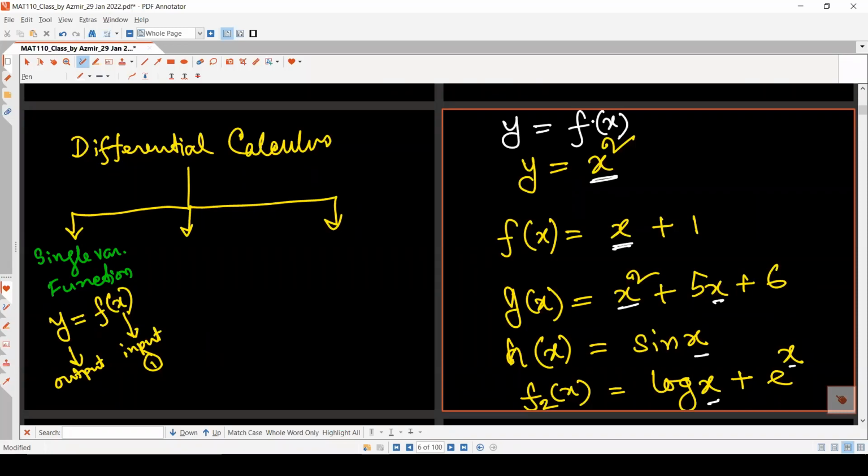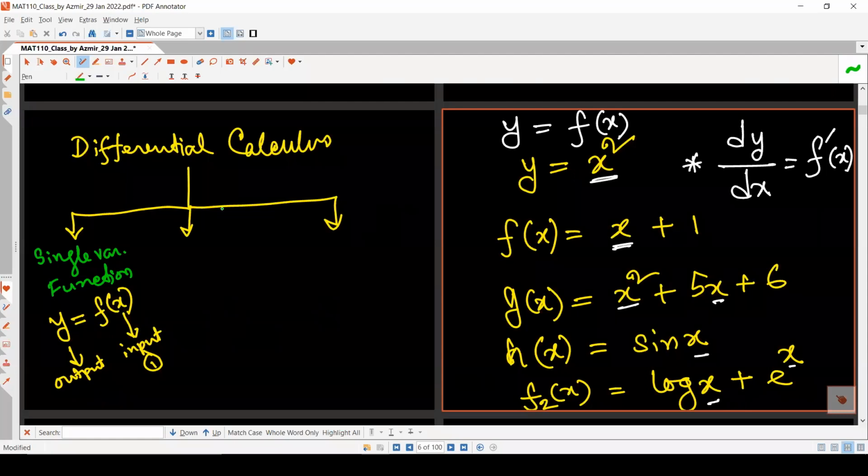We will learn how to differentiate this type of function. You already know the idea of how to differentiate this type of function, but we will review these concepts again. Our target is to find the derivative of this function, dy/dx or f prime of x. If we have y equals f of x, our target is to find the derivative of that function. So this is the differentiation of single variable functions. In this course, at first, you will learn how to find the derivatives or differentiation of y equals f of x. Then